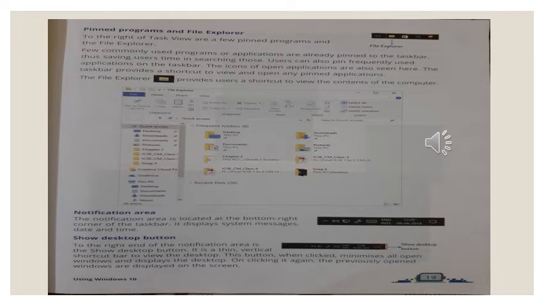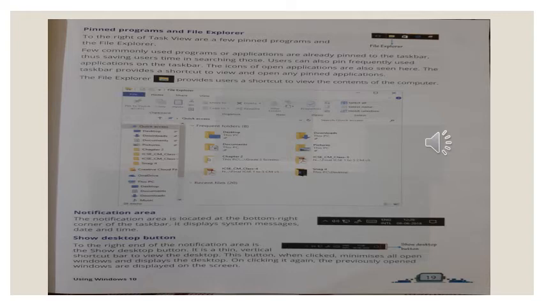The icons of open applications are also seen here. The taskbar provides a shortcut to view and open any pinned applications. The icon of File Explorer provides users a shortcut to view the contents of the computer.